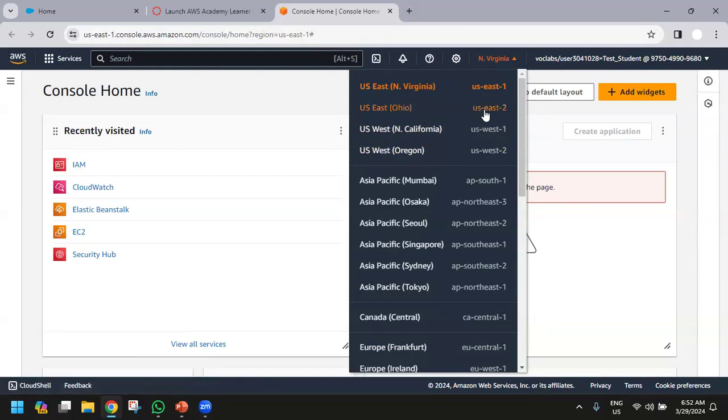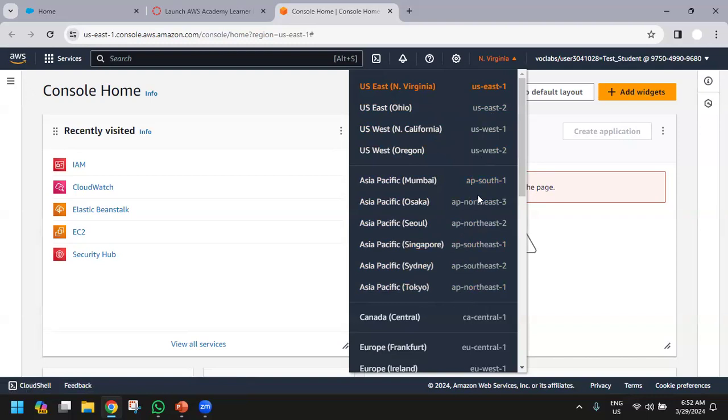Second is the cloud service physically present in that Amazon region, which is Ohio. Third is US West 1, which is in California, and then Oregon. Similarly, in Asia Pacific, we have many different availability zones.